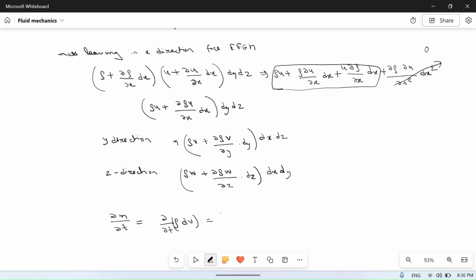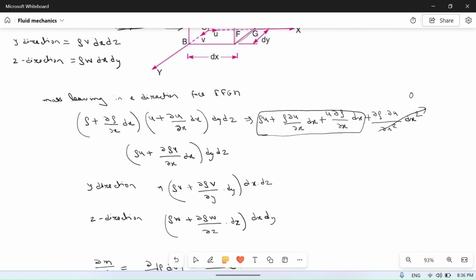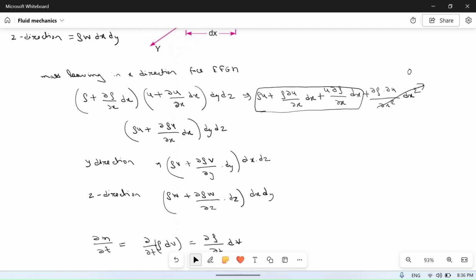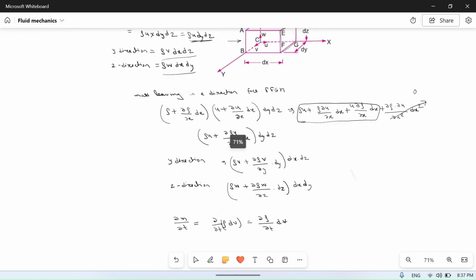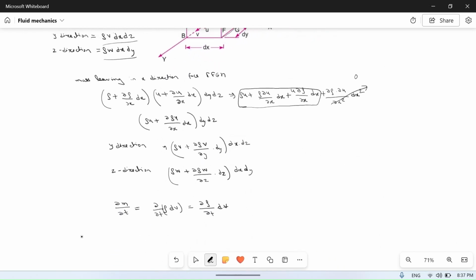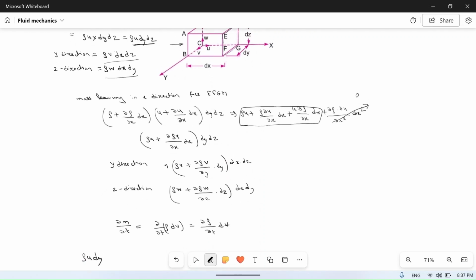So this is equal to del rho upon del t into dV. Now, if we do the conservation of mass, what are the masses entering this control volume? It was like this: rho u dy dz